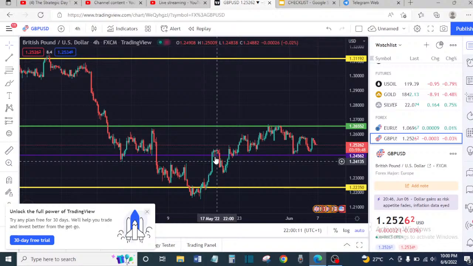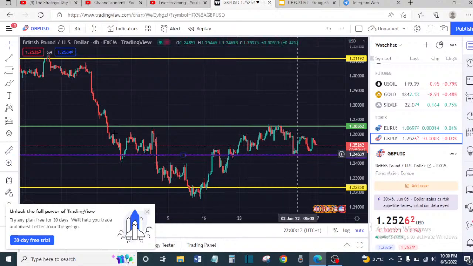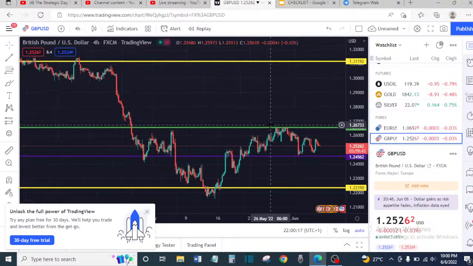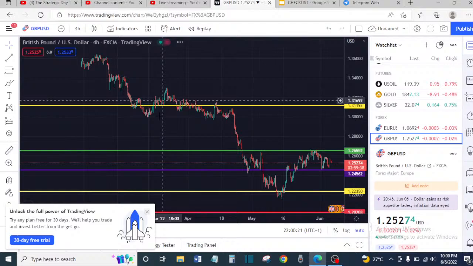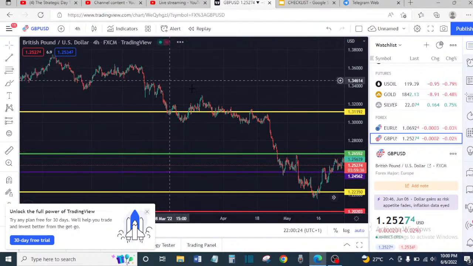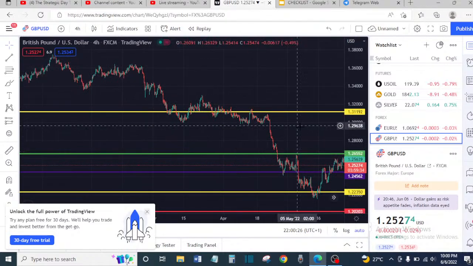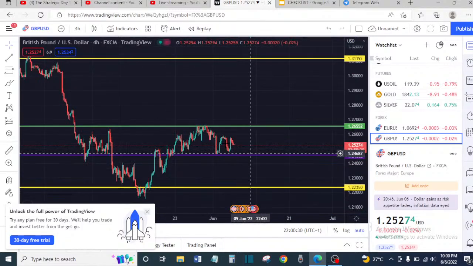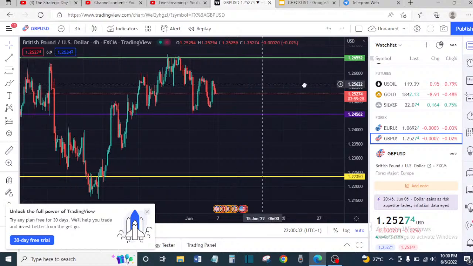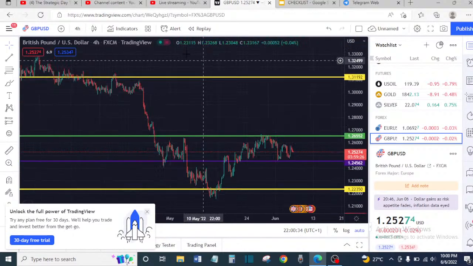So what I do is that I know that this whole area is where the money is. You can see it clearly. This is where the money is. When you look further, when you go further, you will see that this is where the money is. Okay, all right. So you can also expand further to also confirm